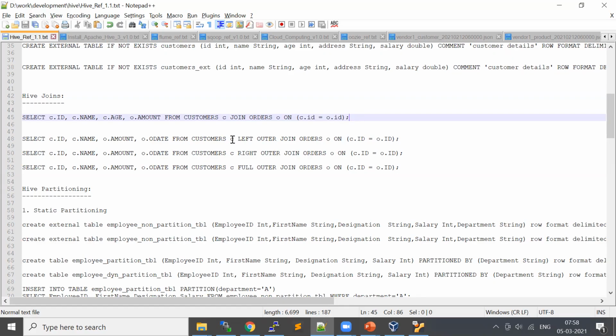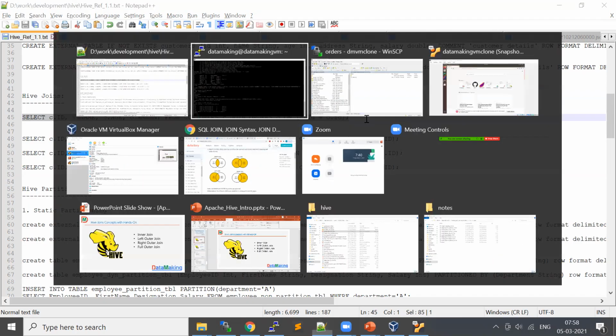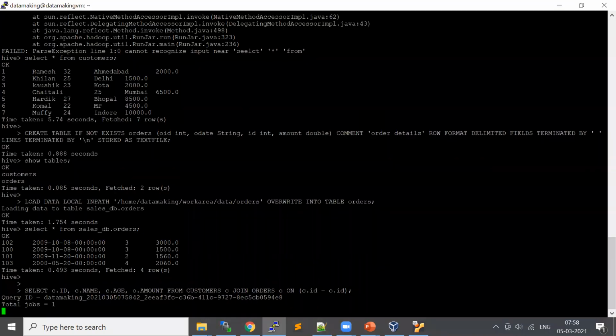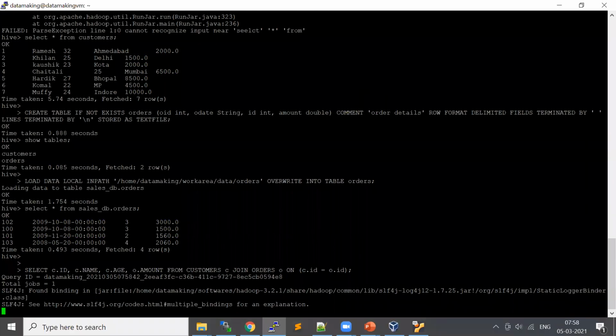You can have where clause, group by clause, all the things with your join query. So let me run this inner join. It is going to generate the MapReduce job.